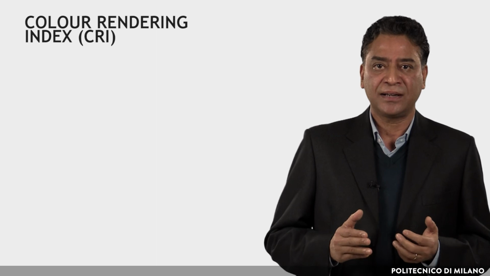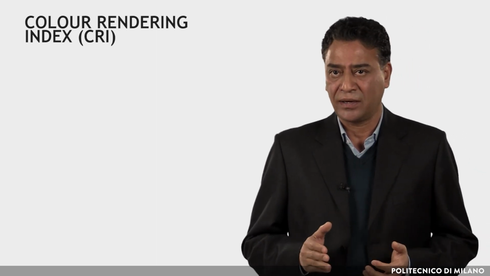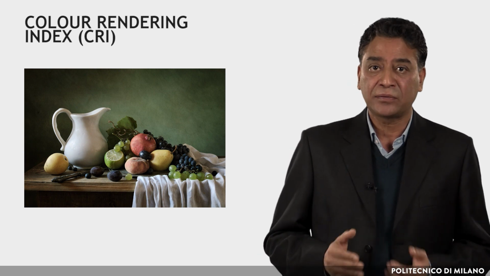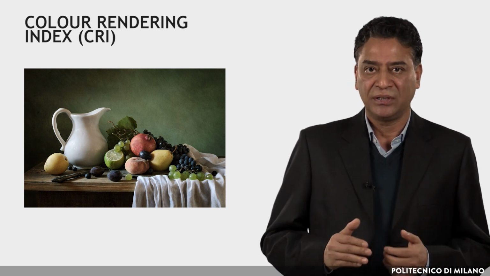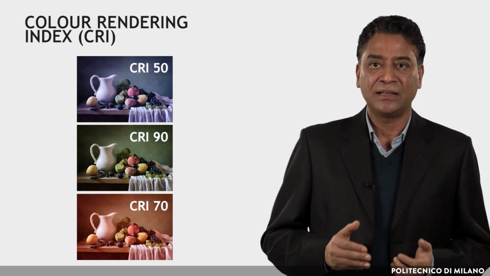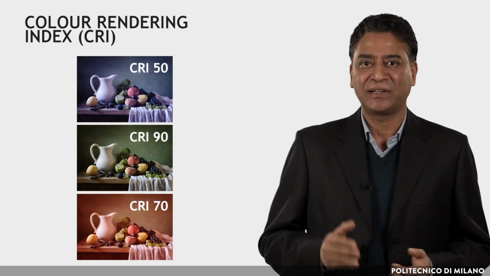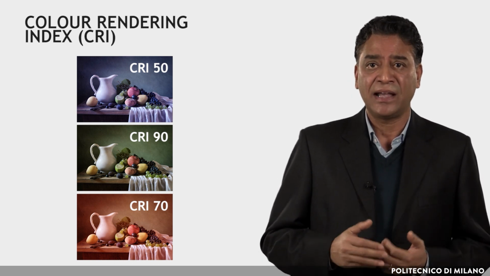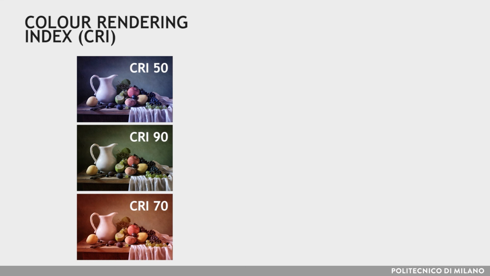Finally, the color rendering index, CRI, is a quantitative measure of the ability of a light source to accurately reproduce the colors of objects by comparison with an ideal source up to 5000 Kelvin, or daylight above 5000 Kelvin, as shown in the picture. In conclusion, while designing sustainable buildings, these parameters must be considered for visual comfort of the occupants.